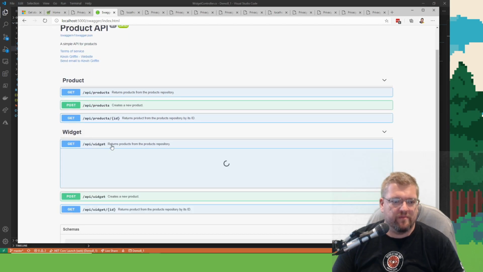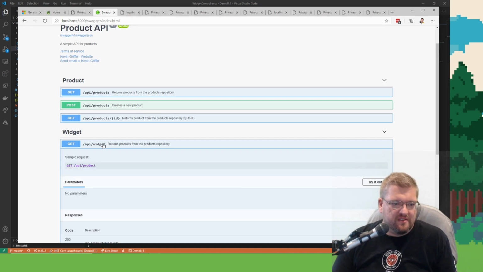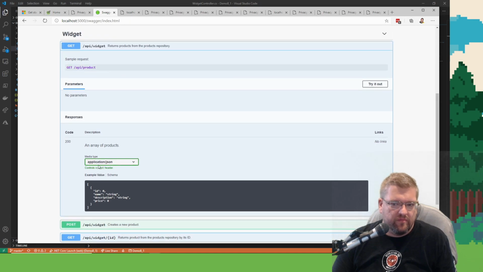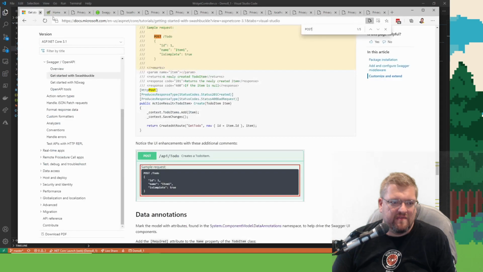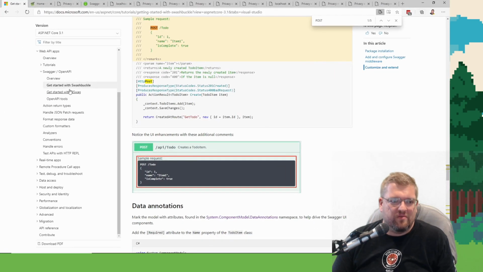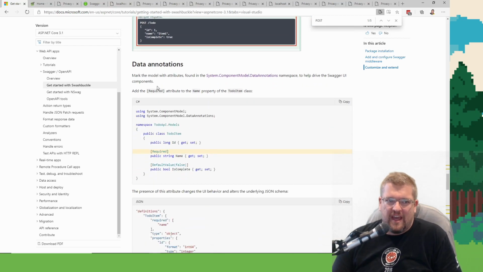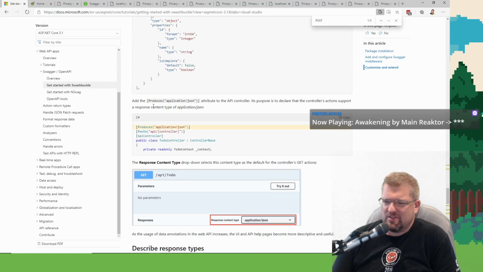Cool. All right. So each controller you build shows up, and I bet it goes a lot deeper than this as well. I'm starting to wonder now, this is a pretty small section of the ASP.NET Core docs. Does it get more involved? I'm assuming it does. I'm just not sure how much more involved it gets.